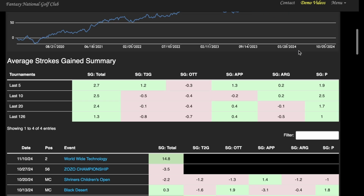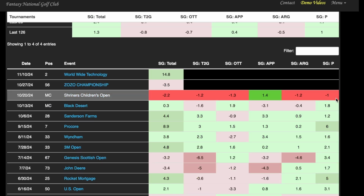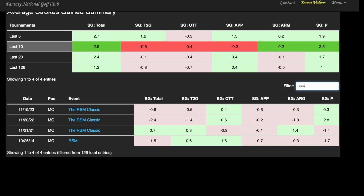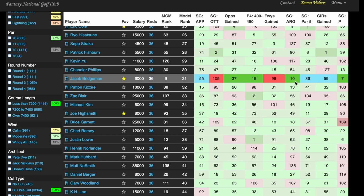So you can see with Lowry, he has 2 top 10 finishes during the swing, and he does putt the lights out. You hope that maybe he can keep it going, but it's just never materialized for him at this tournament. He's played it each of the past 3 years, has missed the cut every single time, has not gained on approach at all in these tournaments, and while that's something that he has been doing lately, it's just hard to go back and look at his history and know that he has not been the most consistent player